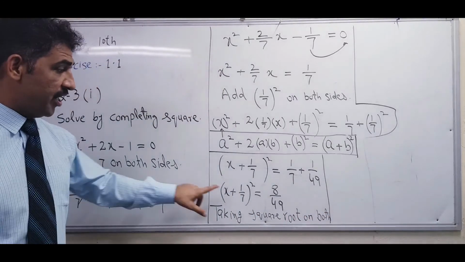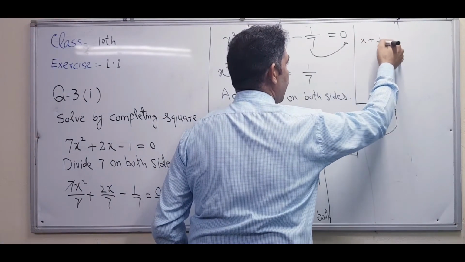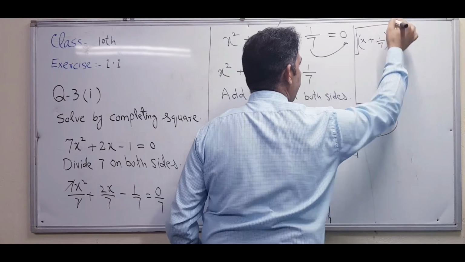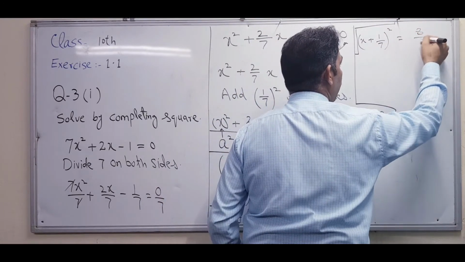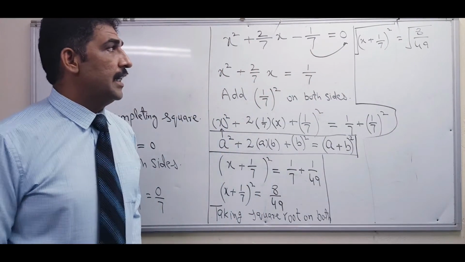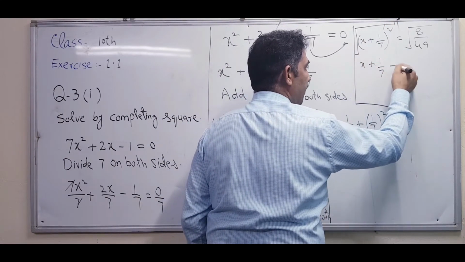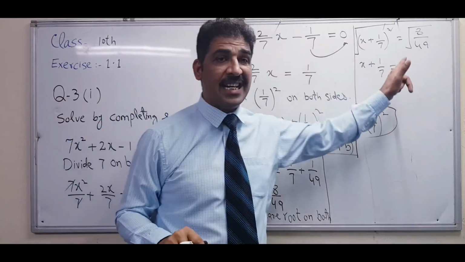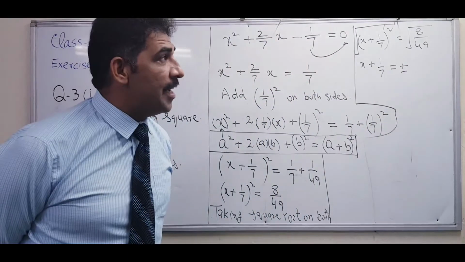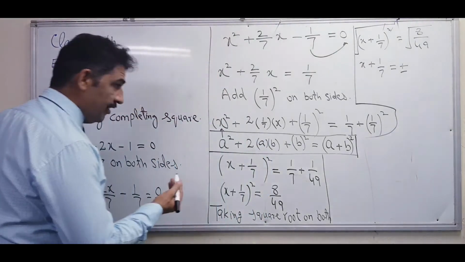Right? When you are taking square root on both sides, what happened? x plus 1 over 7, its root is equal to the root of 8 over 49. Here the square is cancelled by the square root, remaining x plus 1 over 7. But when you remove the root from the right hand side, you have to apply the sign plus and minus. Why plus and minus? I will give you one example. What is the square of minus 2? I will use this procedure as a rough.